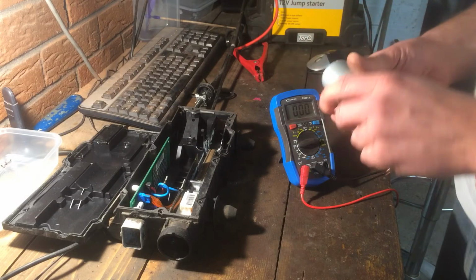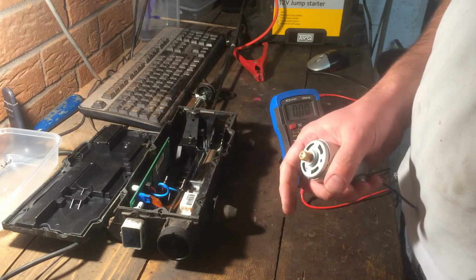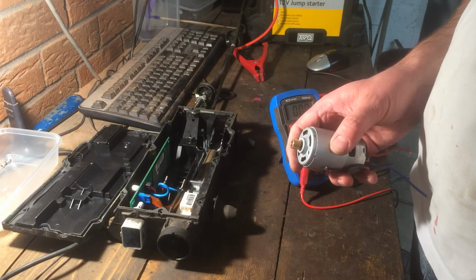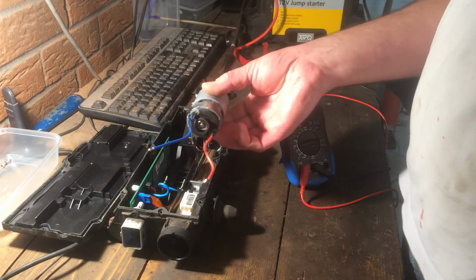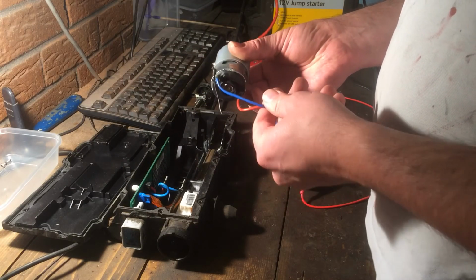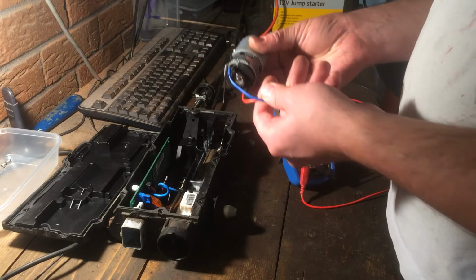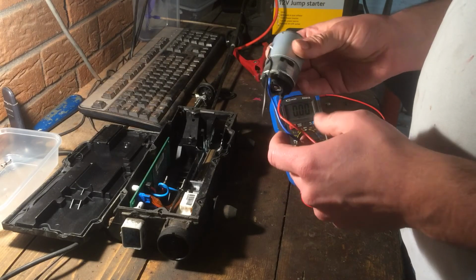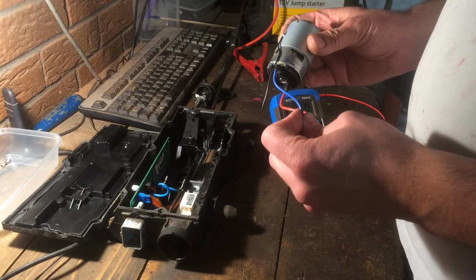So fingers crossed that is the only issue with this unit. The capacitors I've looked at closely, they don't seem to have any blistering, so hopefully they're okay. What I'm going to do next is put the gears back on without connecting the motor up to the circuit board. I'll connect the motor to the gears and just test that it's winding back and forth, and if that works okay, then I'll connect up, solder to the circuit board, and try it on the car itself,